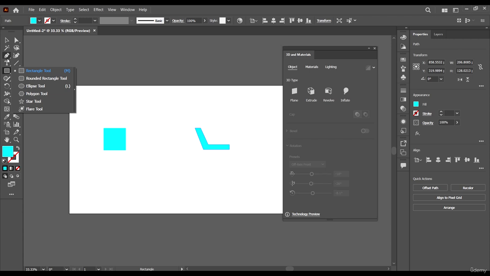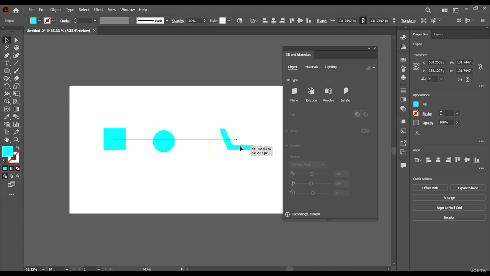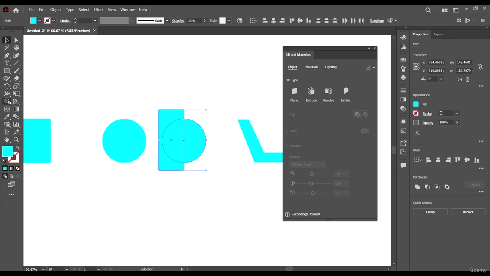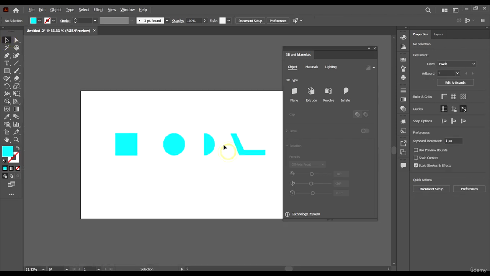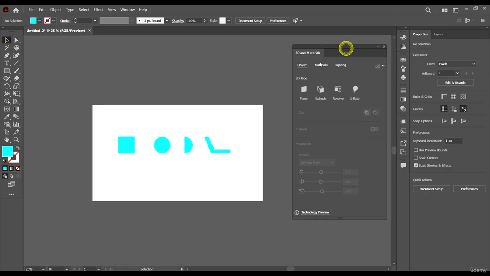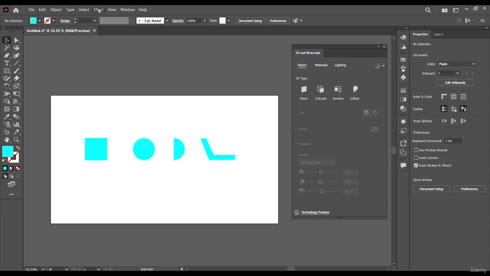Then I'm also going to create this other one, and maybe even another one. And what I'll just do here is divide this one by half. So select both of them, go to my shape builder tool, hold down Alt and drag like this to delete them. Perfect. So I'm just going to experiment with the 3D here, and we will then look at the 3D